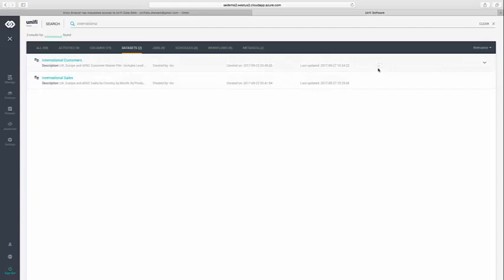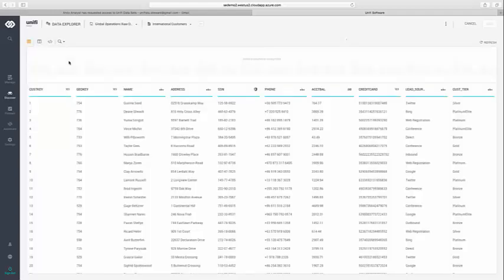So I need to do a little bit of investigation before I open up that data set to the business analyst community, and I can do that, again, right from Unifi. So what I've done is I've opened up what Unifi calls the profiling area within this application. And this is going to give me some initial cuts and a view of the data. I can see very quickly the various columns that are in that data set. I can see easily what data types have been assigned to each of the data columns, as well as the actual values within those columns.